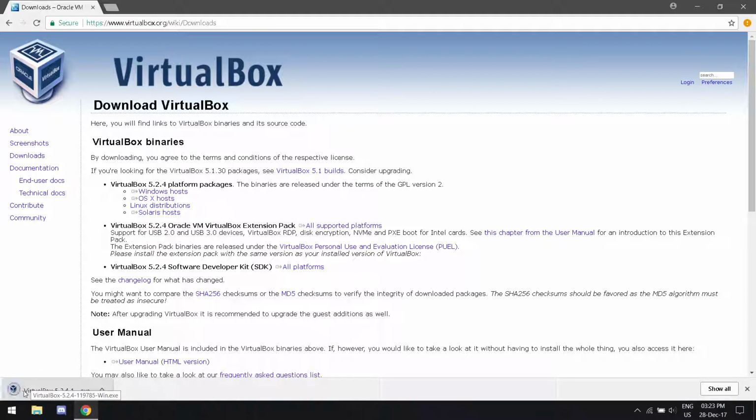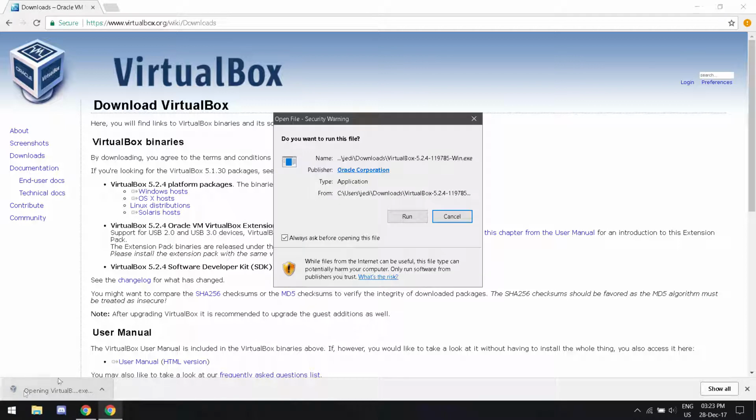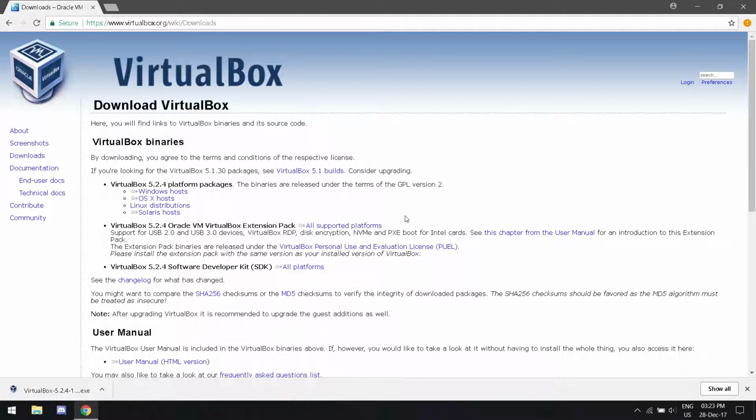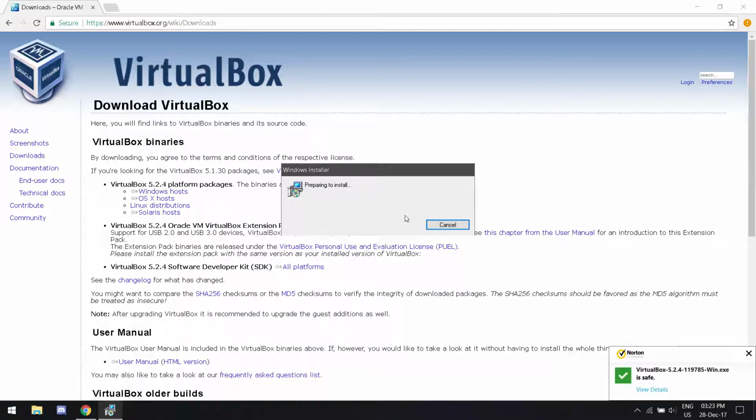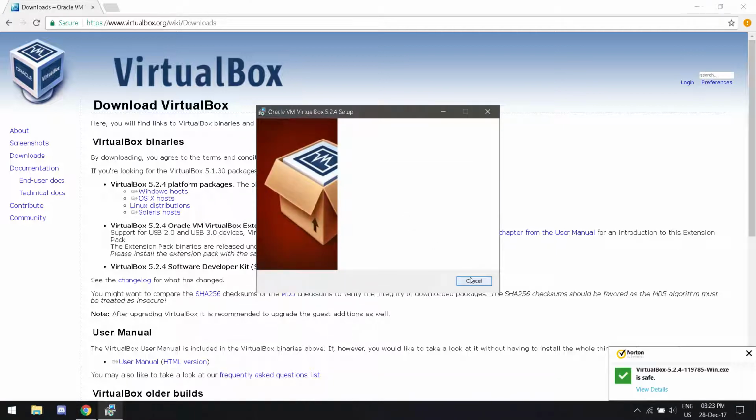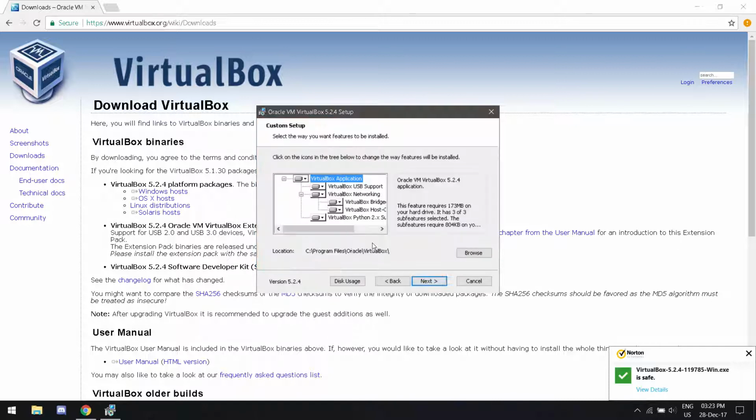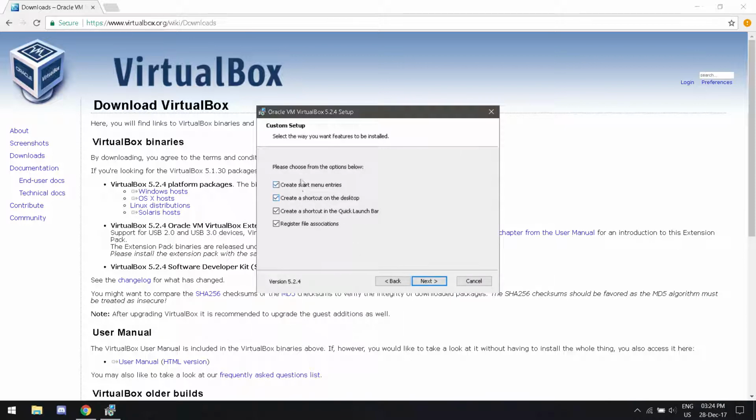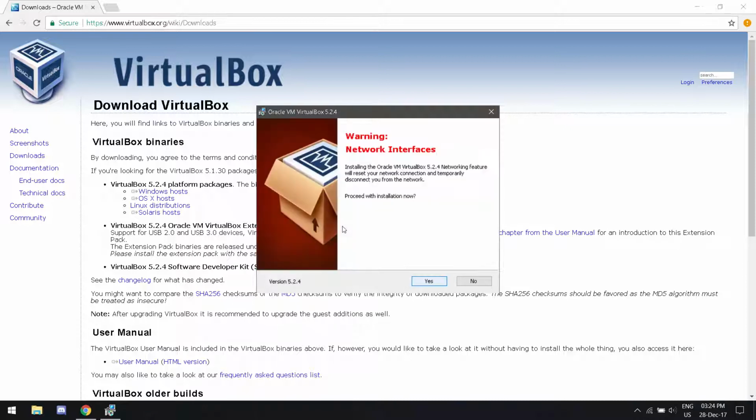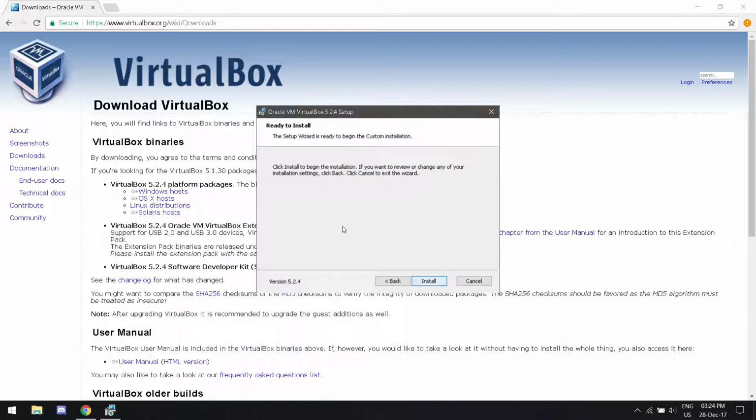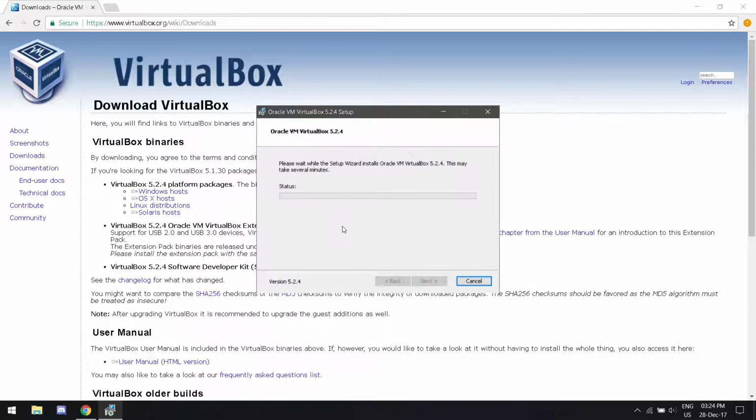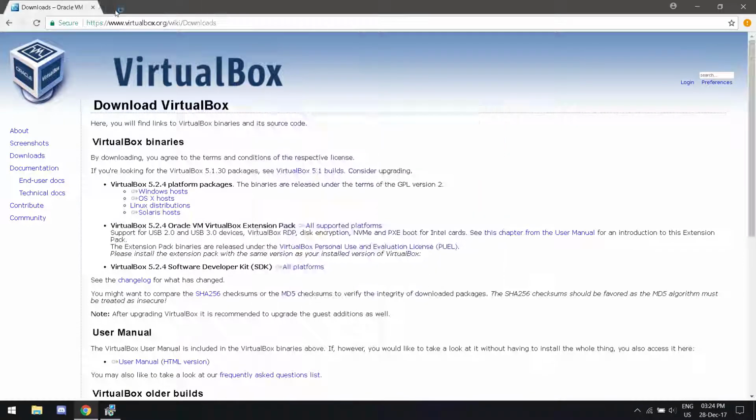Go ahead and run it. There will be some warnings, maybe a UAC prompt. Now once the setup loads, click Next. Choose where you want to install it. Click Next again. Make sure you want to tick all of these or not. I'm going with all of them. Click Next. Install. So while we are installing VirtualBox, we need to go ahead and pick an operating system